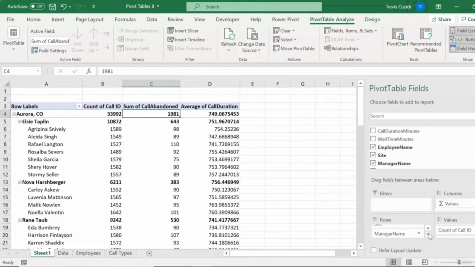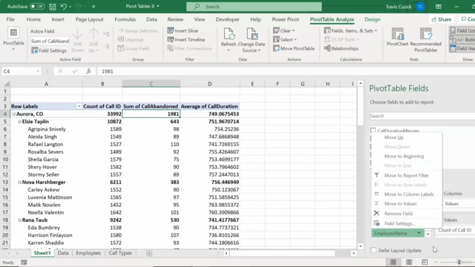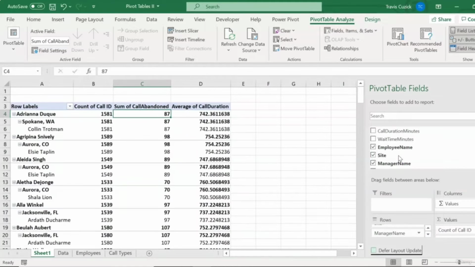So your general rule should be fields with fewer distinct values, like for example site, should go highest in the hierarchy, and fields with more distinct values should go lowest. Take for example what would happen if I moved employee name to the very top of our list of fields in our rows area. So if I click this arrow next to employee name, and then choose move to beginning,